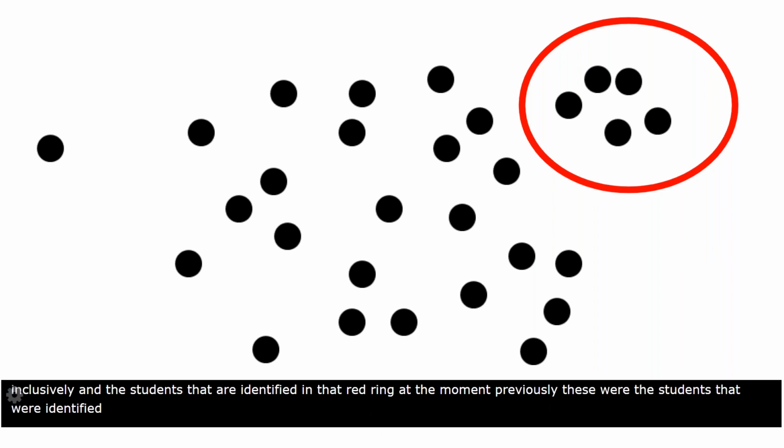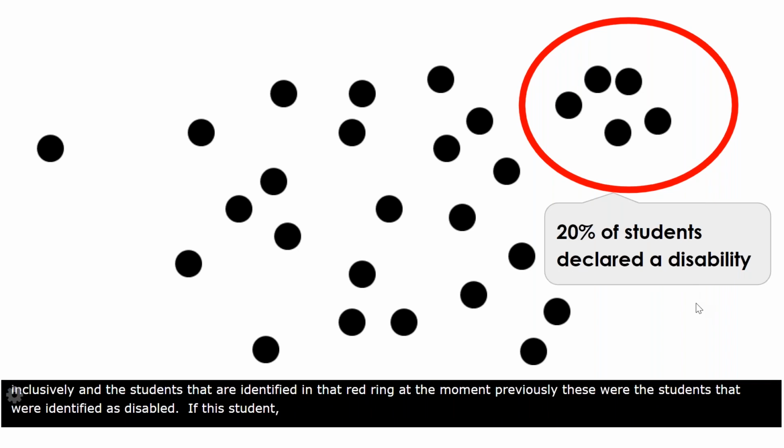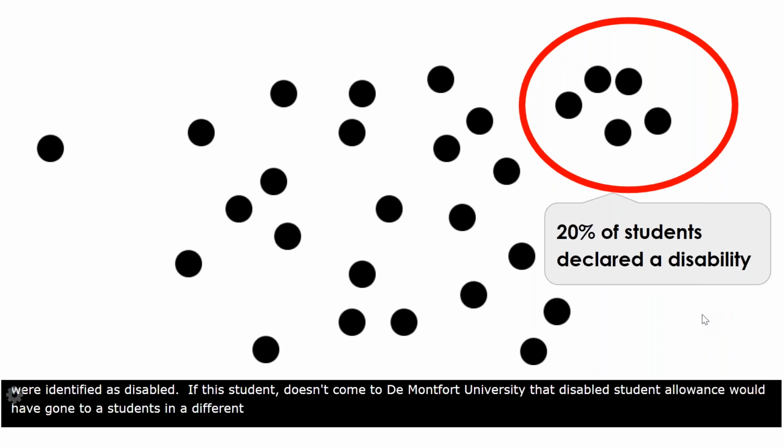If this student didn't come to De Montfort University, that disabled student allowance would have gone to a different university. So these students received additional support, as in one-to-one tuition, dyslexia support, software, computers, and